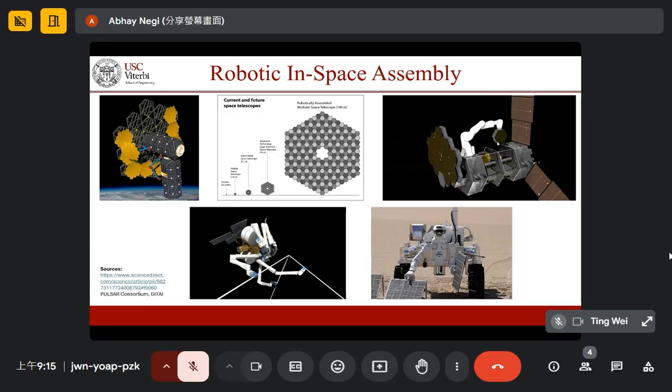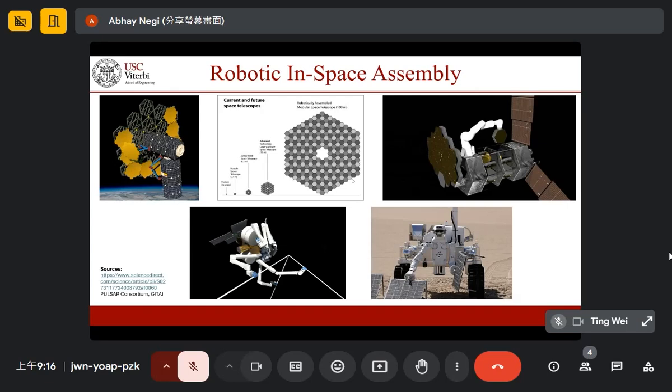And this enables different types of architectures. So if you look at the center top image, James Webb is, can you see my cursor by the way? I hope you can. So James Webb is the third one here. It's on the order of 6.5 meters in diameter. If we figure out how to robotically assemble objects in space, then that enables us to open up much larger space telescopes on the order of hundreds of meters. We can't do that with astronaut assisted assembly. We can't do that with deployment mechanisms because it would take too long or it'd be too